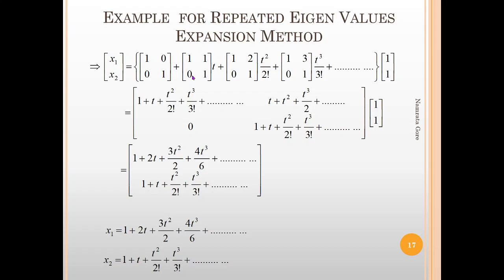Every element at this place is 0, so we are getting 0 over here, and again 1 plus t square by 2 factorial plus t cube by 3 factorial. So this is our 2 by 2 matrix. Multiplying it by this matrix, we get the resultant matrix like this. Now out of this, x1 is the first element and x2 is the second element, and this is what we wanted to find out, that is the values of x1 and x2. So this is another method wherein we use the expansion of e to the power At.